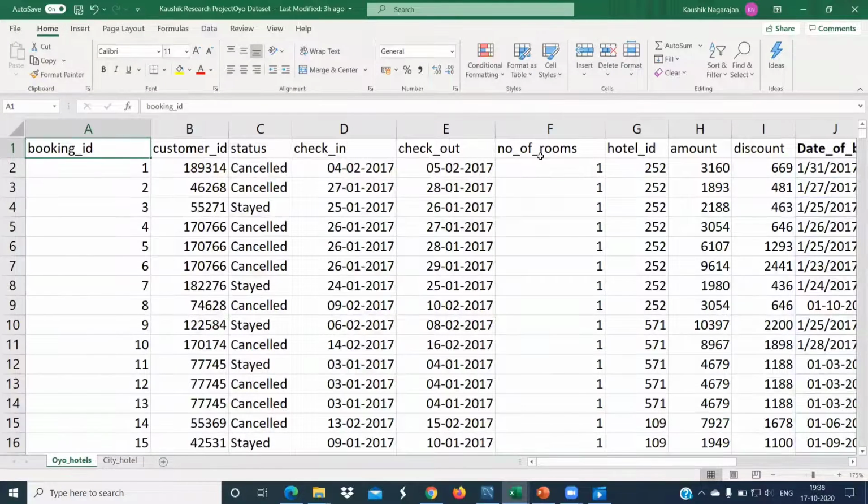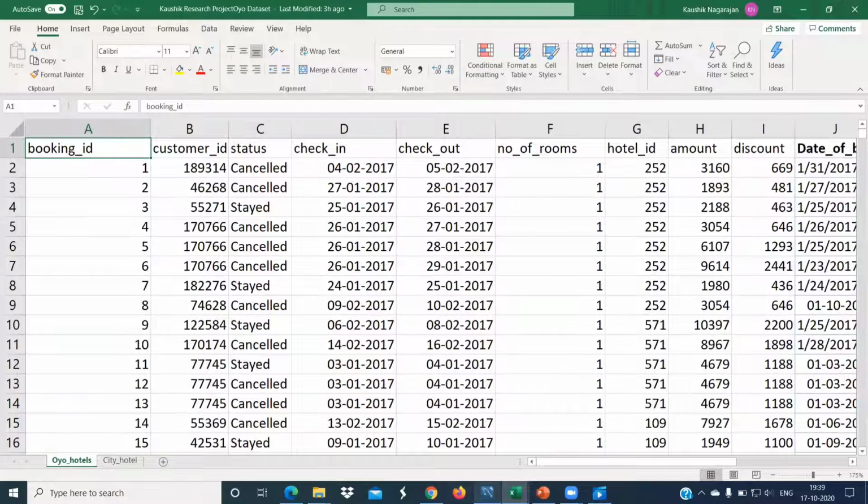So the advantage of using the command prompt method when compared to the table data import wizard is the command prompt method will take very less time in importing the data. For example, if lakhs of rows are to be imported in MySQL, the table data import wizard method will take nearly hours together to import, whereas 1 lakh and 2 lakh rows would be imported using the command prompt method in hardly few seconds or minutes.